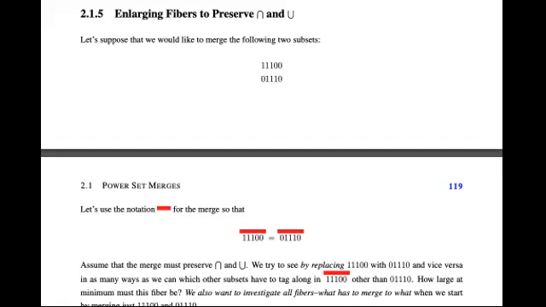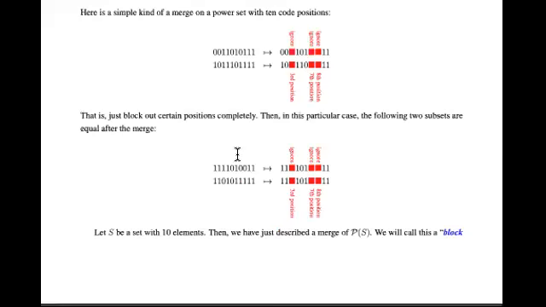Now, in the previous little subsection, we were considering certain types of merges, and we were showing that these preserve the operations of union and intersection. Now,